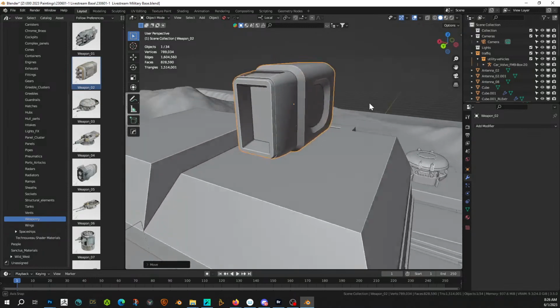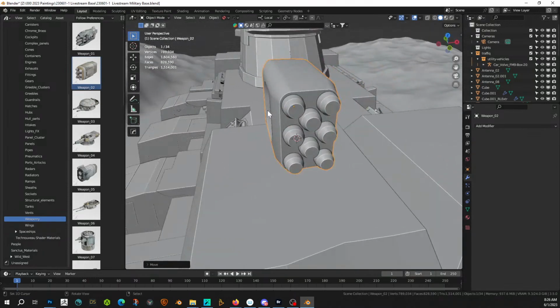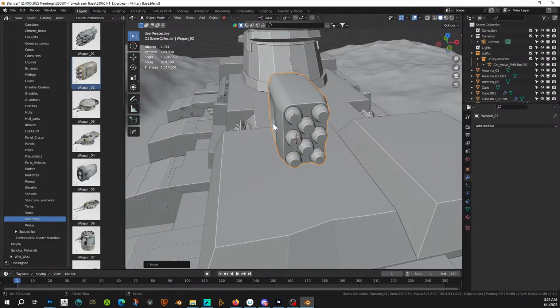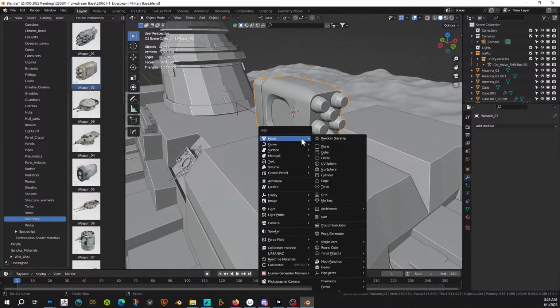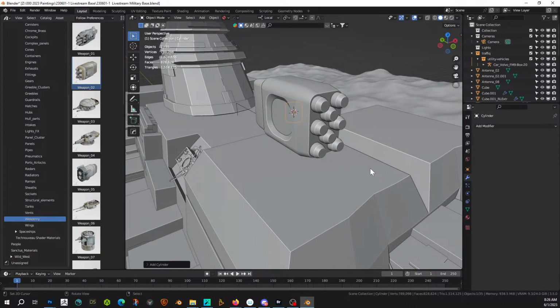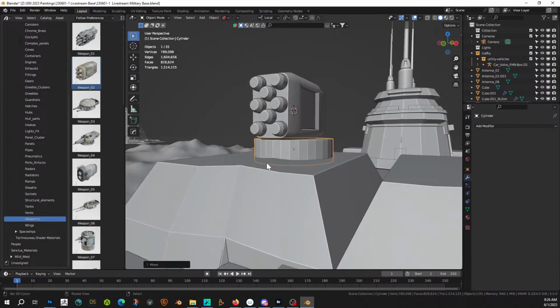And I think we need to build it some kind of a turret. And Shift S2, Shift A, mesh. I'm just going to do this really quick and dirty. Cylinder, scale, SZ, GZ, GZ,